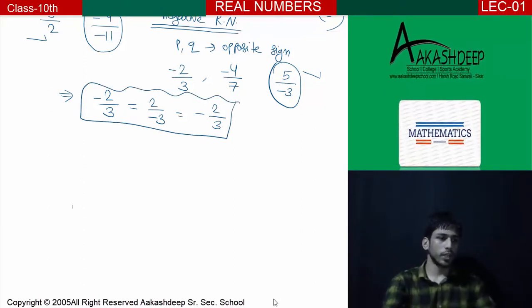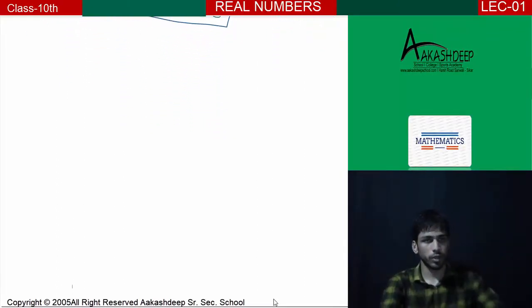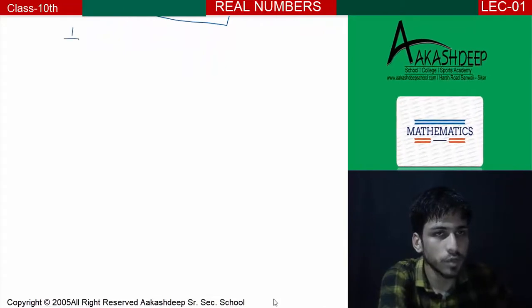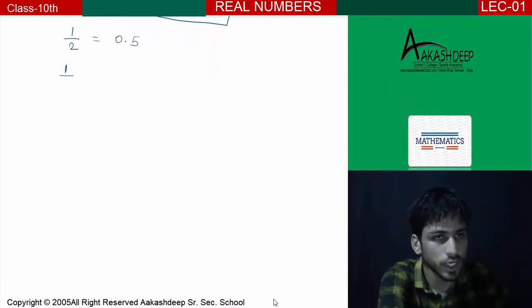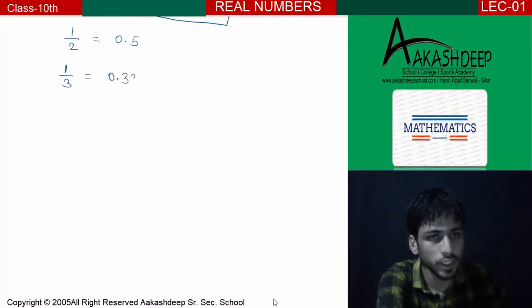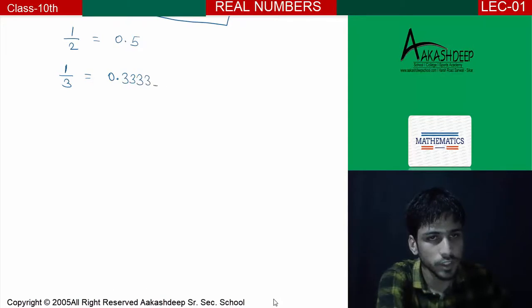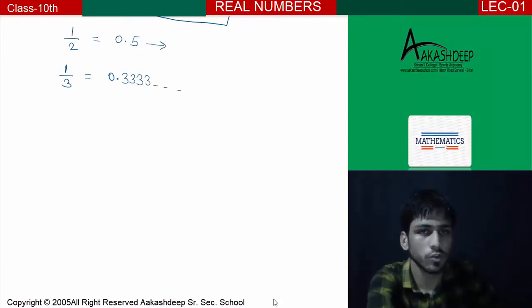And next we have the decimal expansions of a rational number. Let's say I have a rational number that is 1 by 2, which is equal to 0.5. Let's say I have one more rational number that is 1 by 3. If I divide 1 by 3, I'll get something like this. It means this type of decimal expansion of a rational number is called the